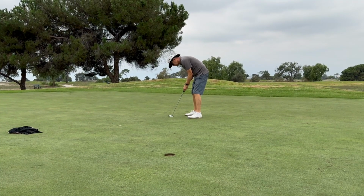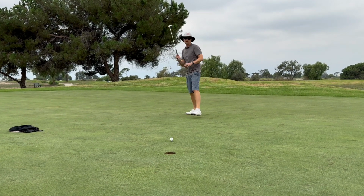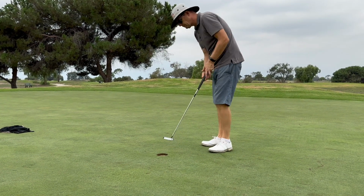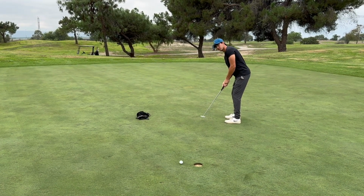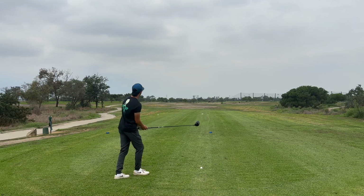Sorry about the noise there. All right, so here I am for birdie. Good stroke, but just weak, just wimpy. So I remain 2 under par, and here is Mike for his birdie to get to 4 under. Harsh lip out on the low side. Mike remains 3 under, and let's go to the